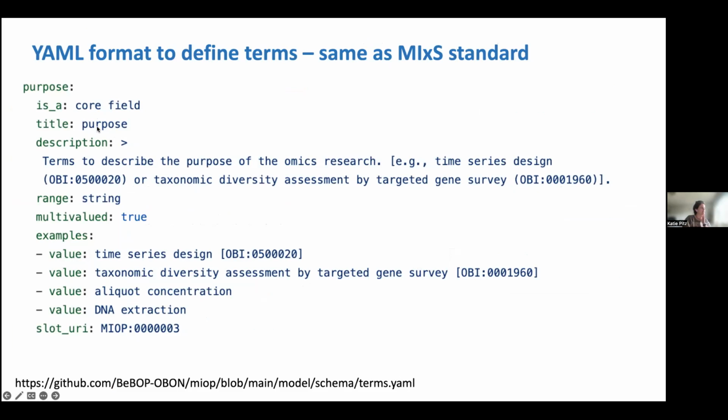We just have the name of our term, we give a definition of the term, some examples, and then some key things that the YAML file uses to keep track of what exactly the term is. So when we're making edits or requesting changes on GitHub, it's to this terms.yaml file. The nice thing about this is also how the Genomic Standards Consortium keeps track of their MIxS standard. So we're hoping to incorporate the standard that we develop into the GSC's standards.